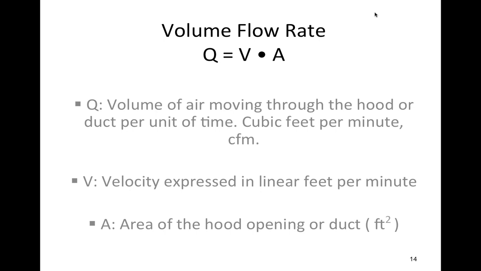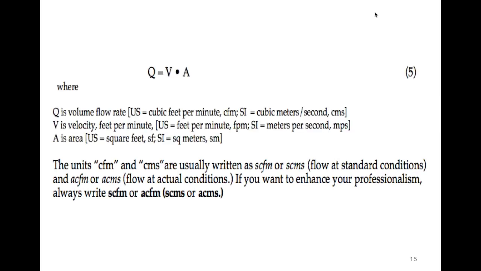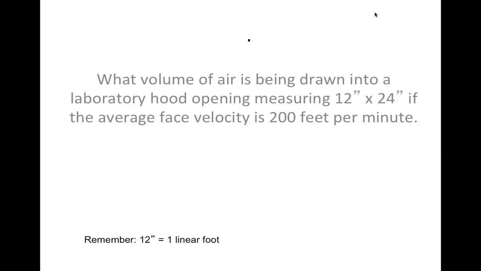Okay, so now let's talk about air moving through a duct. Q represents the volume of air moving through a duct. That's usually cubic feet per minute or per second. V is the velocity of the air. A is equal to the cross-sectional area of the ductwork. To put it simply, if you have a square duct, 12 inches by 12 inches, that's 1 square foot. If air is moving through there at 100 feet per minute, that means for every minute you've got 100 cubic feet of air moving through there. 100 feet per minute times 1 square foot is 100 cubic feet per minute.